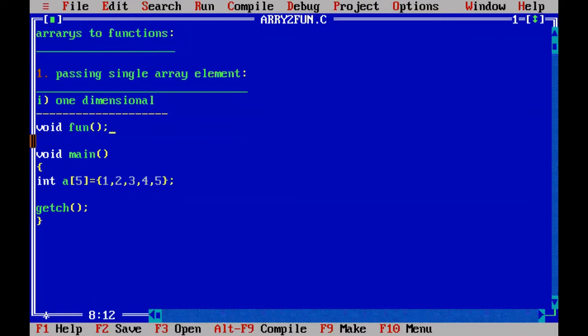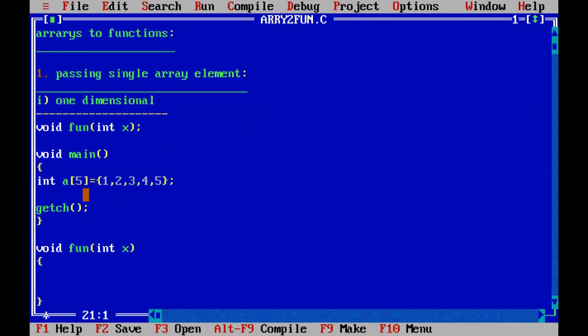Whenever you are passing one element from the integer array, here it should also accept one integer element, so I am giving only one integer element x. And here you write the function definition: void fun, taking only one integer element x, opening brace and closing brace.